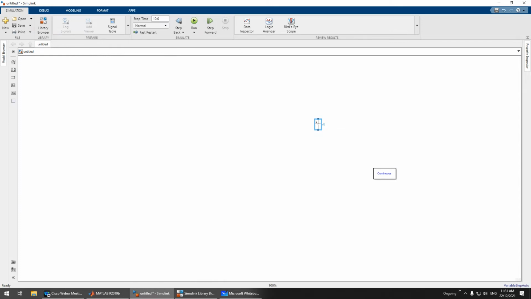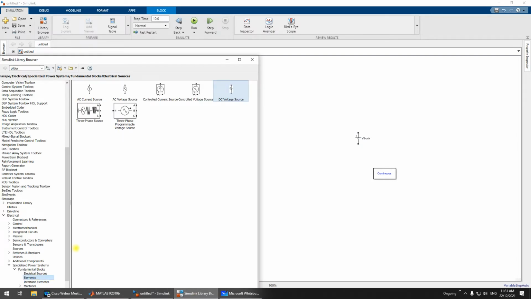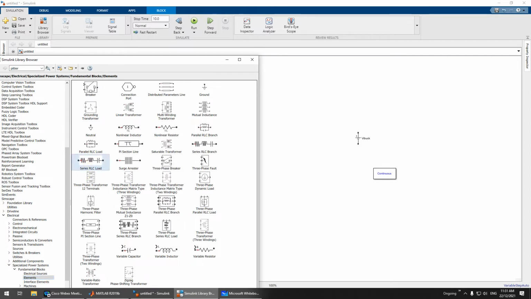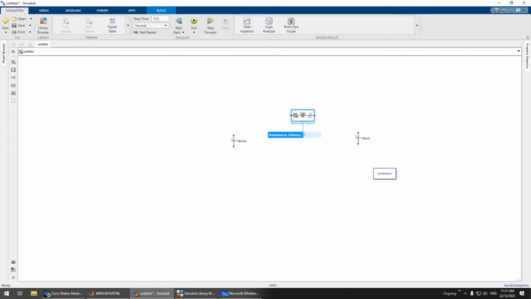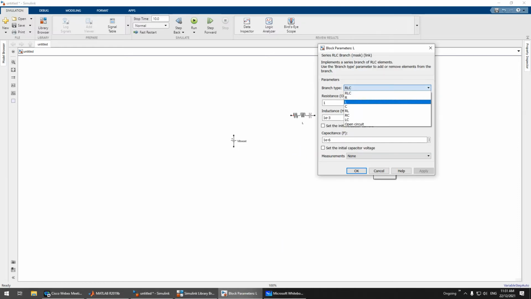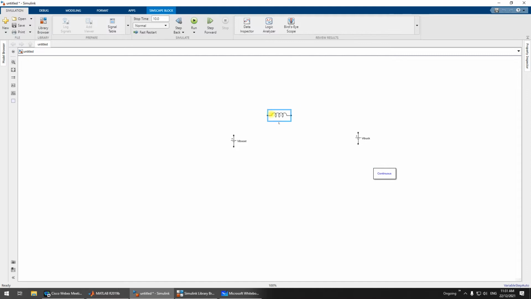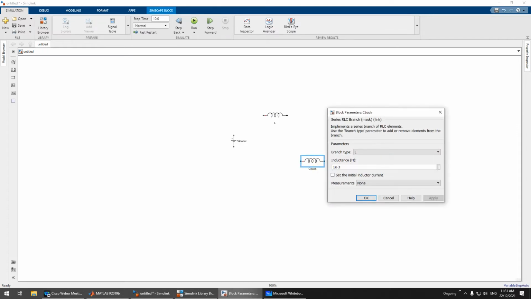So this one is V in boost, and then another one is V in buck. Okay, next you need to have an element, a series element. So you need an L here, so maybe 1. Okay, you have L, you have C bulk,